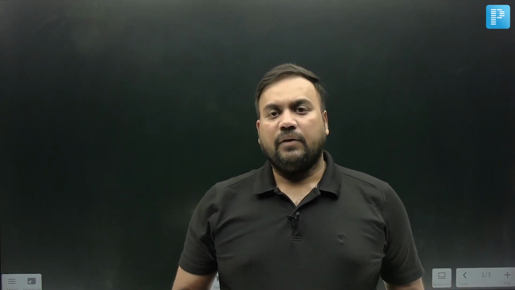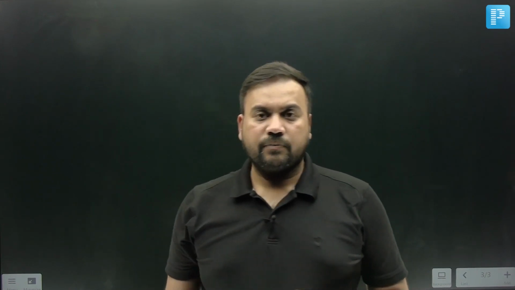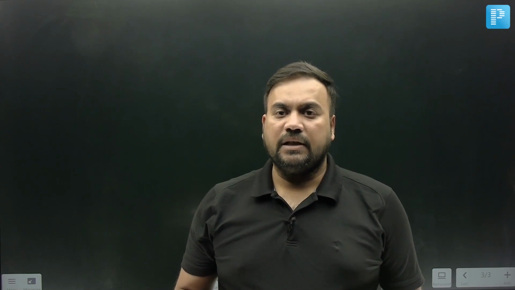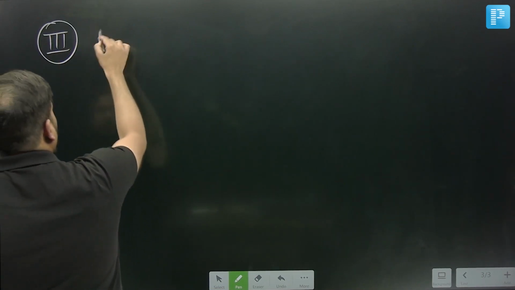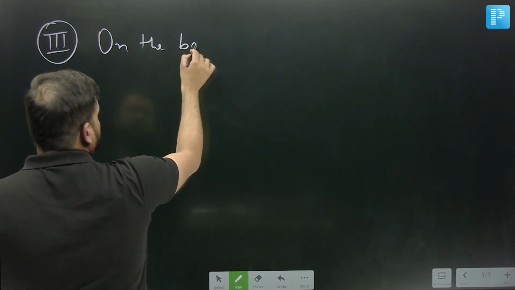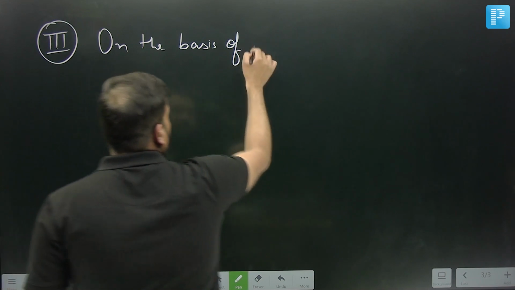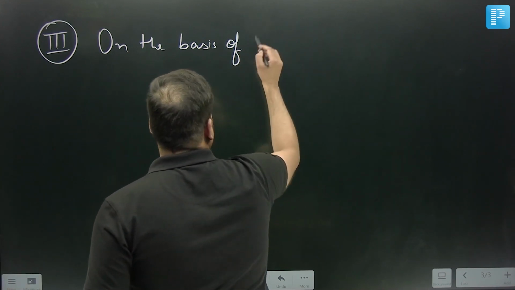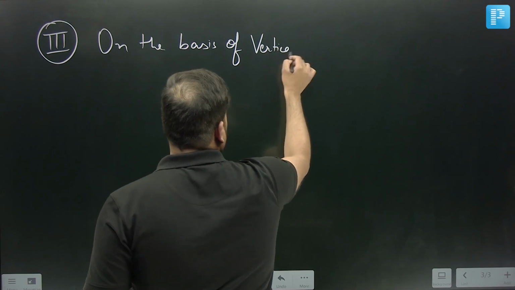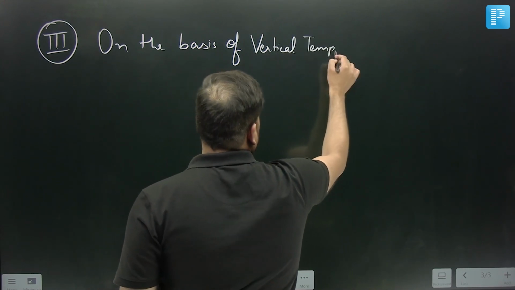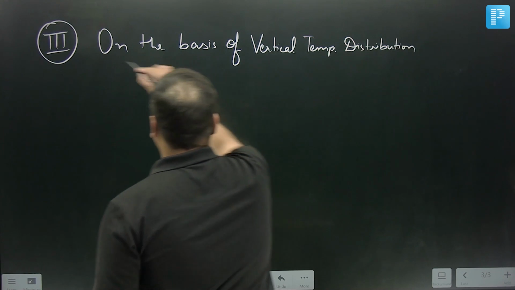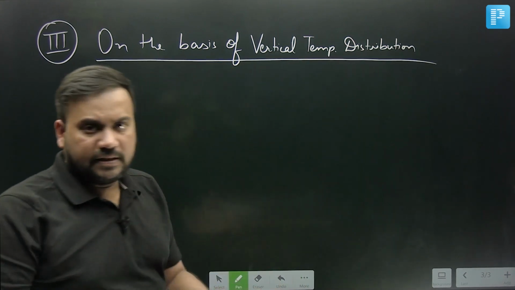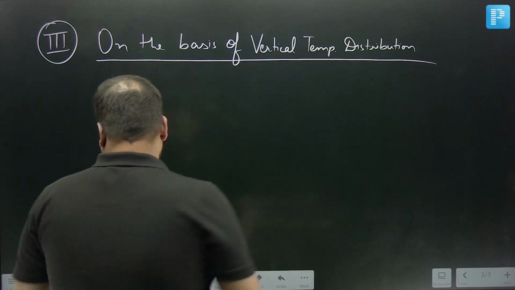But the most familiar one, which you would have also read in your school times, is the one which we base on the basis of temperature distribution in the atmosphere. So the third classification is on the basis of temperature, or better say vertical temperature distribution. Vertical temperature distribution. So that is the third, and this is the most important one which we